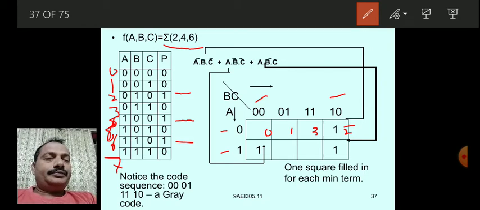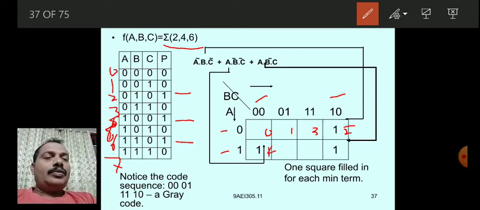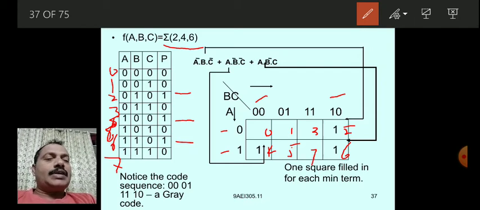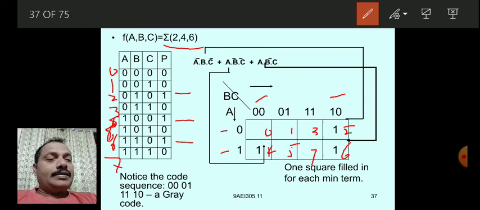Then 4, 5, 6, 7, so the 6 is at the sixth cell. So these are the 3 cells which have ones, the min terms.